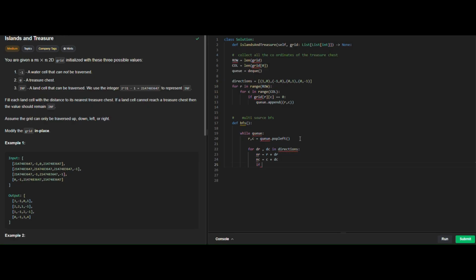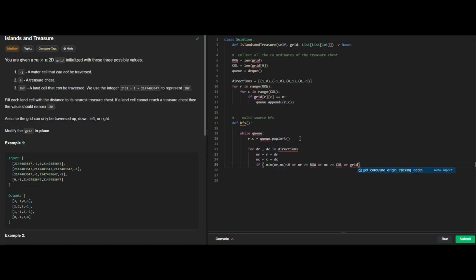We are going to have a condition stating that if the minimum of the new row, new column is less than 0, which means the index gets a negative value, we should skip, or if the new row is greater than or equal to the row itself, or the new column is greater than or equal to the column itself, or